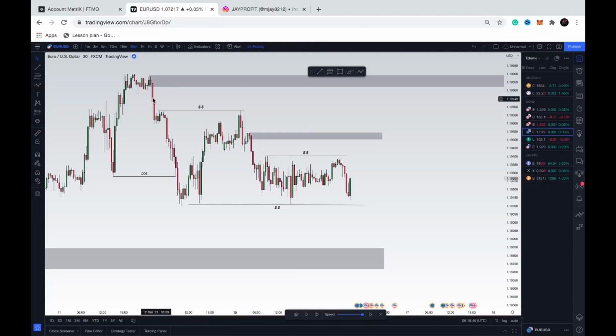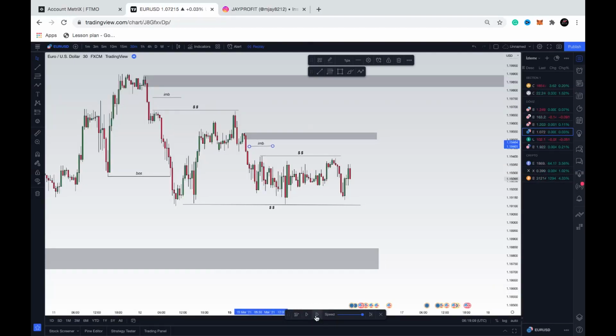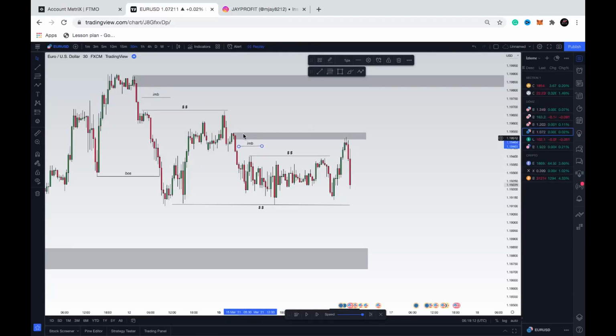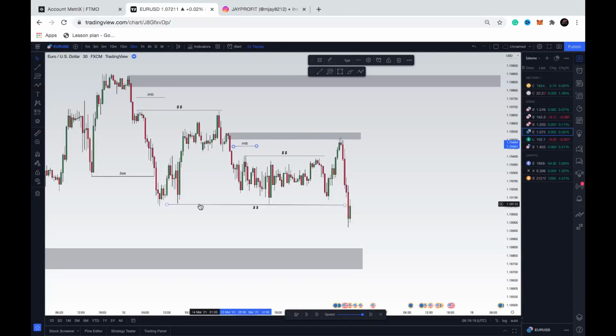Okay, that area of liquidity, you can see imbalance on it as well. This is an area of imbalance in the market. So we have the nice imbalance right here, and as well guys, we know we have this nice imbalance right here. So when you're taking your POIs, it has to be little by little, right? So let's see what the market has to do. You can see the market taps into this area of supply right here, and then let's see what happens next. It went first for this POI, for these stop losses or liquidity right here above, and then came down for the last liquidity here, and then let's see what happens next.